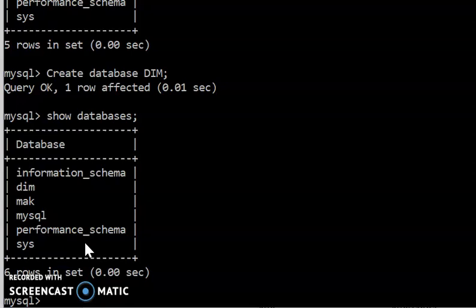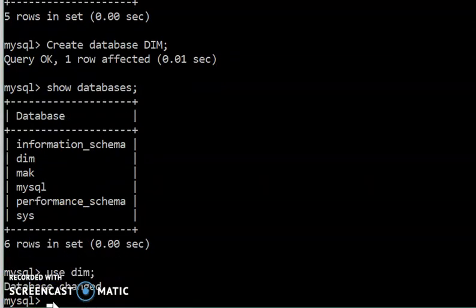So in this case, you write the statement use dim. Now when you say use dim, you have actually selected the database called dim. Now the database called dim is where we are going to create the table student